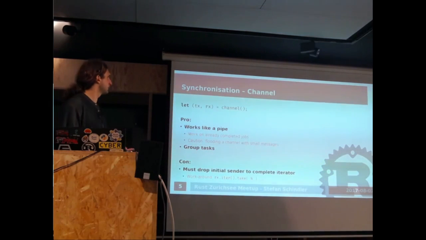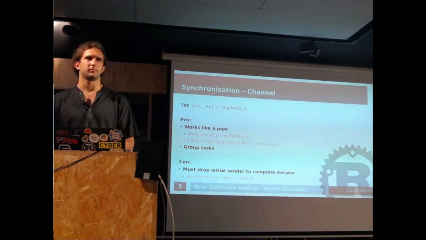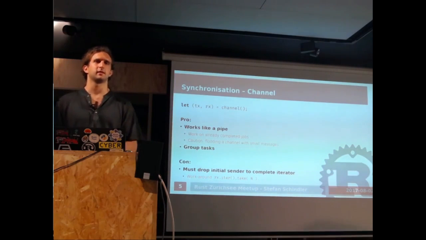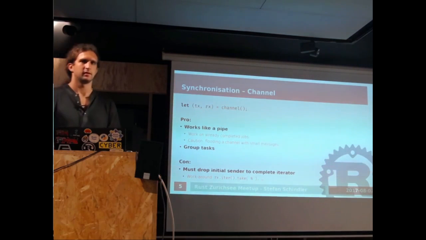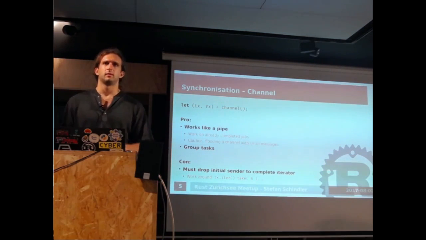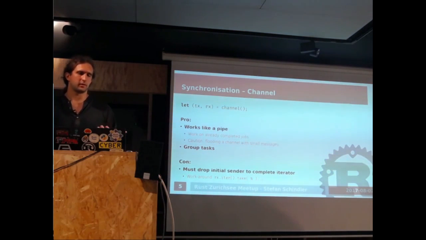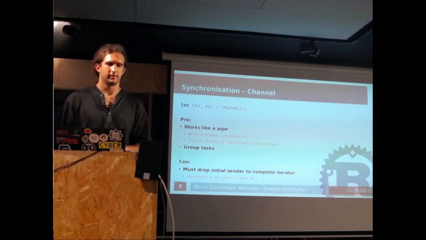So, let's start with a channel. Channel is the magical queue I told you about before. So the job queue is just a channel. In Rust, we can write it like this. We have a channel returning a tuple with a sending and a receiving end. We can move the receiving end of the channel all over the place, move it to different threads, and we can copy or clone the sending end of the channel. So this is a multi-producer, single-consumer channel.